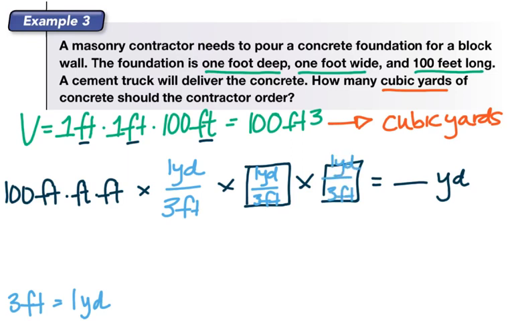And that way I can cancel out all of these feet. Okay, so instead of doing what I did last time, let's just cancel them out all together. Feet, feet, feet. And so I'm left with